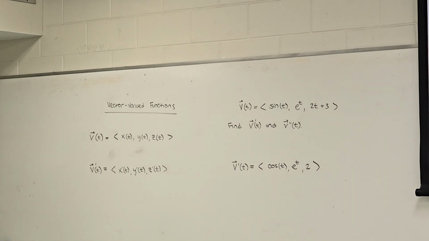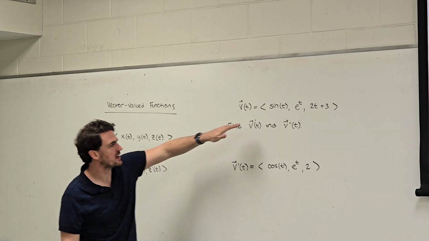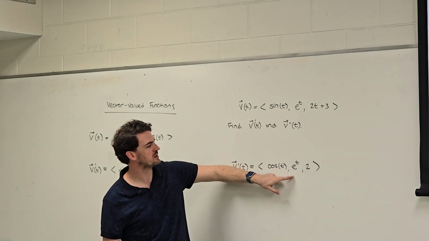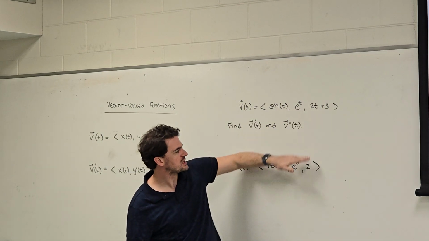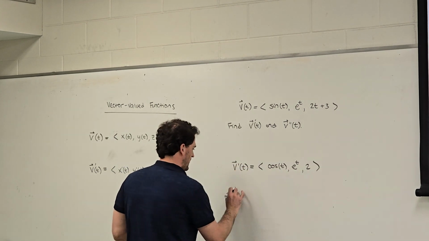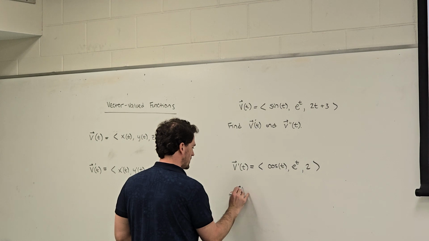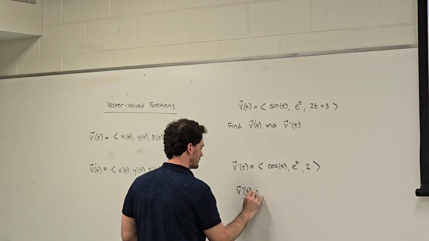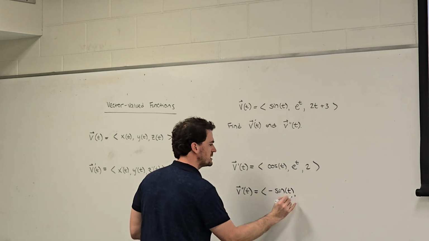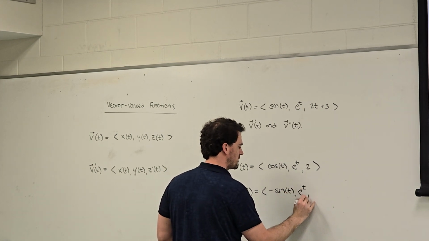So just think back to Calc 1, and all my derivative rules, those are still coming back to haunt us, all the gateway stuff. The derivative of sine is cosine. The derivative of e to the t is e to the t. The derivative of 2t plus 3 is just 2. So if I want the second derivative, I get negative sine t, e to the t,